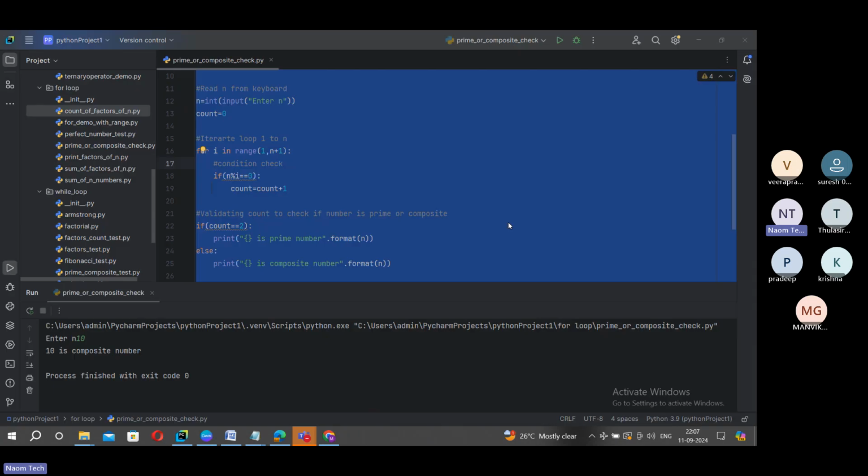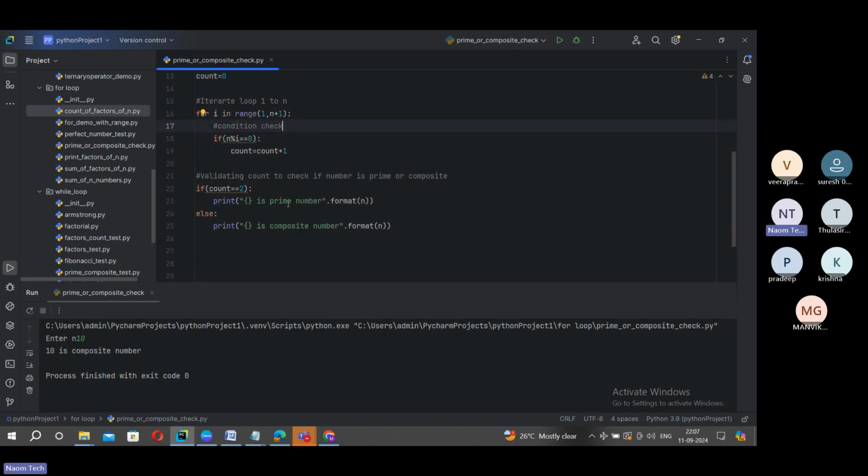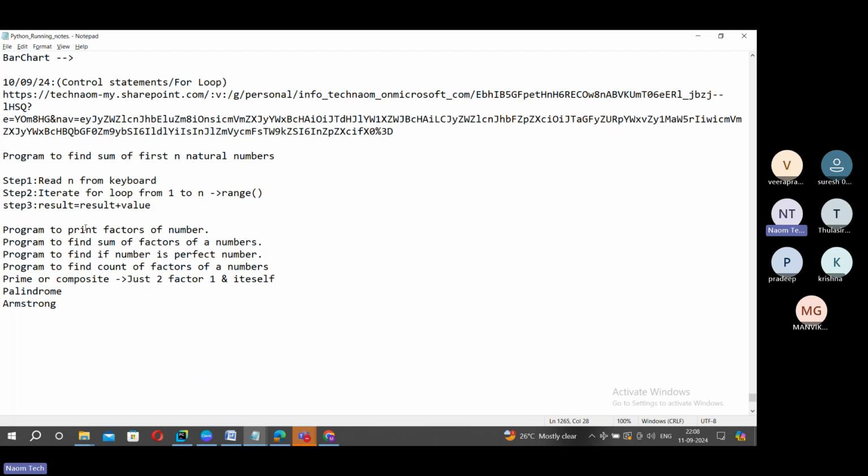So this is the idea, friends, of how to implement prime or composite. It is a simple program. We have seen all the steps in that algorithm, and we have tested that code as well by providing multiple inputs, both prime numbers as well as composite numbers. So I think we try to cover most of the core logic of any programming language. These are very core and fundamental, and very useful as well, because these logics give you